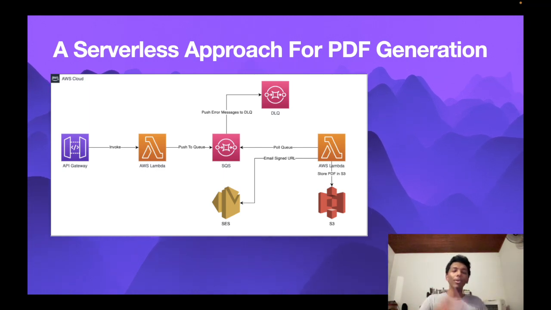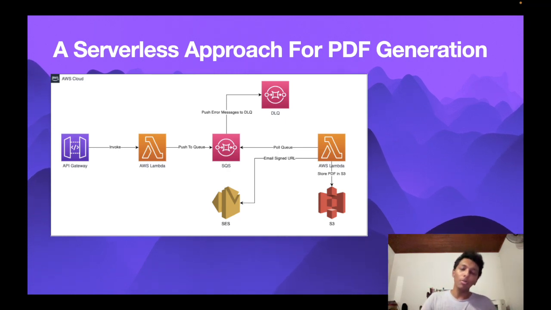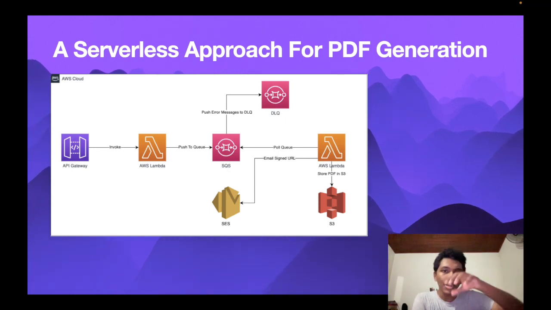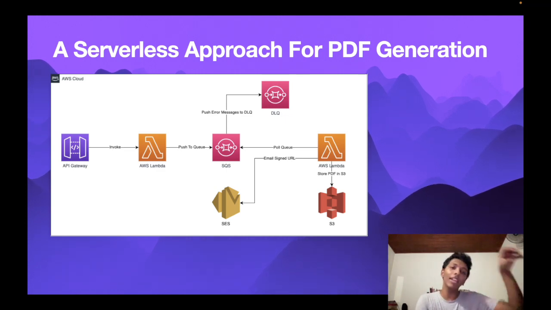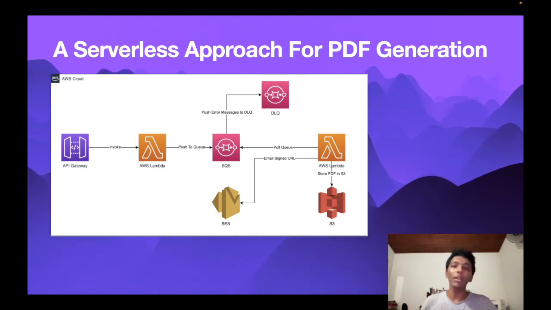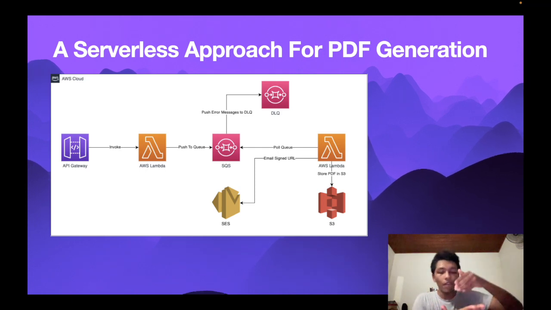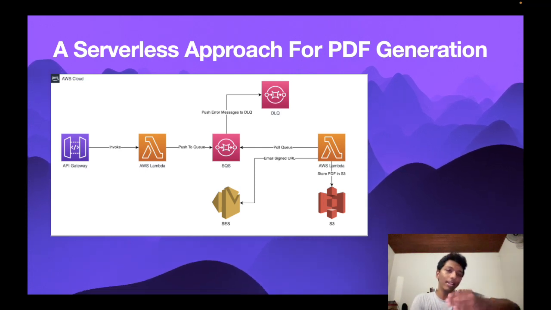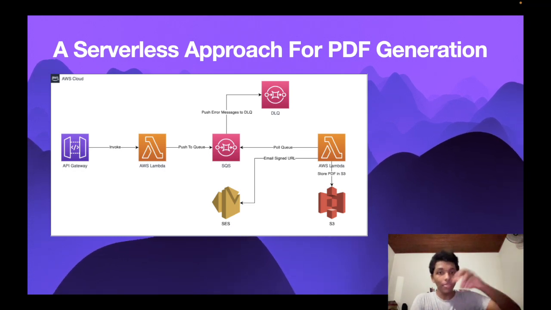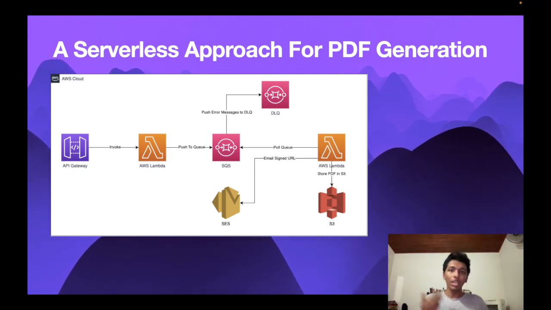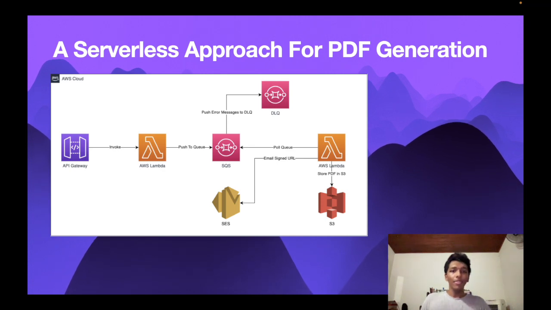So with this queue, you can ultimately decide, for the Lambda that receives the data to compute the PDF, how frequently should I give it data? Should I wait a few minutes after giving it the data? With SQS, you can actually set up a delay period where you say, after you send this message, wait until this time is up, and then send a second message. So in that way, you can set up delay seconds as well. And then